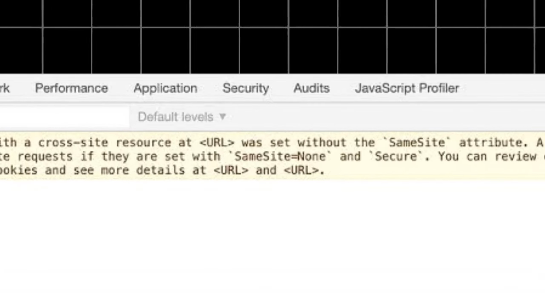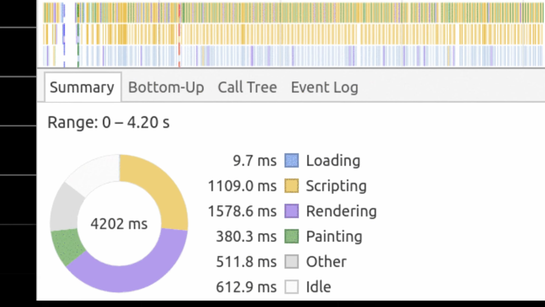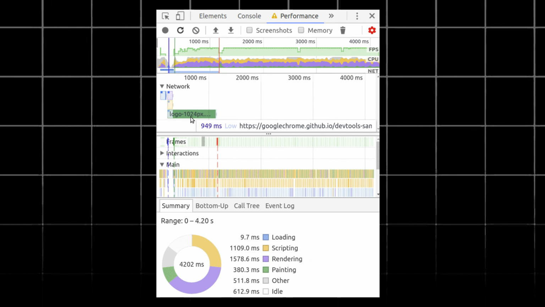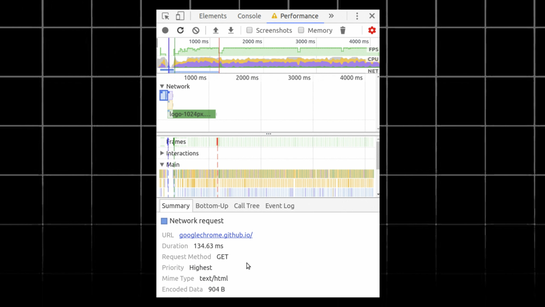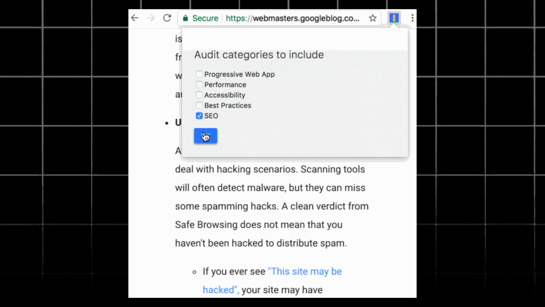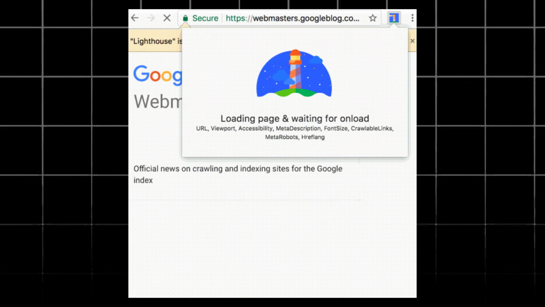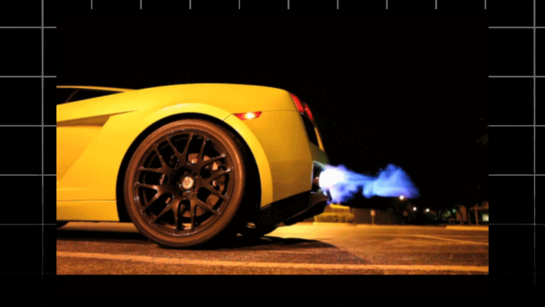We have the Audits panel, the personal trainer of the web developer console. It is sometimes also known as Lighthouse, which whips your web app into shape and makes it leaner, meaner and faster than ever before. The Audits panel can analyze your website's performance, accessibility, best practices and even progressive web app compliance. You can identify areas for improvement and get actionable recommendations on how to make your web app run like a well-oiled machine. This was a brief guide to your